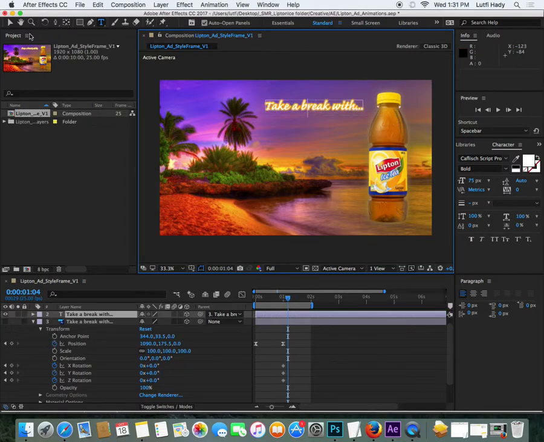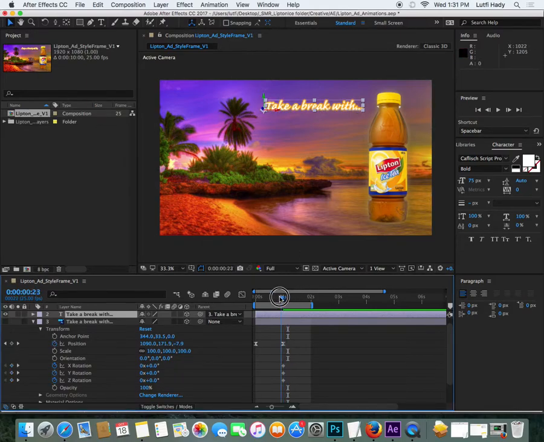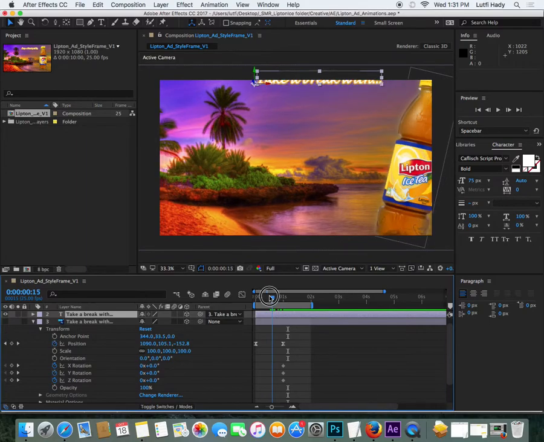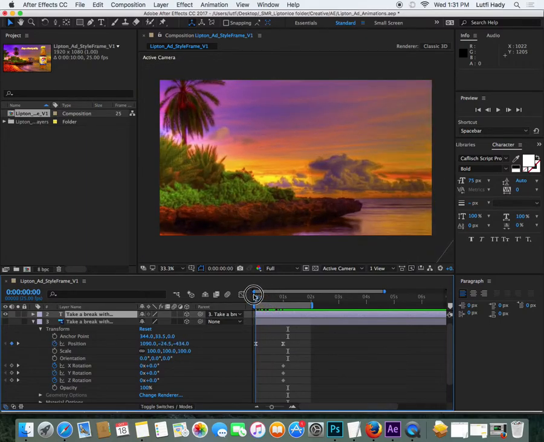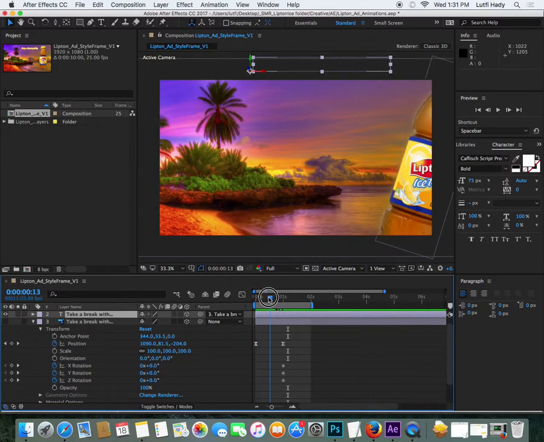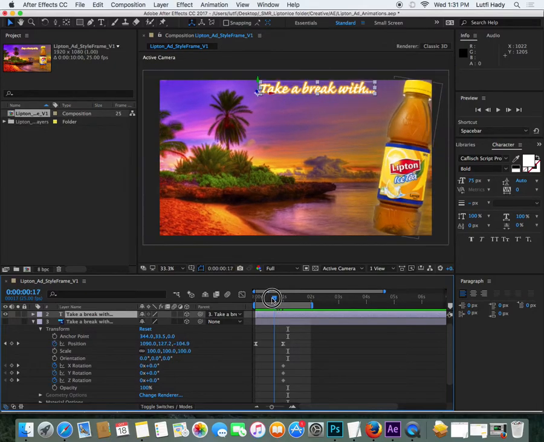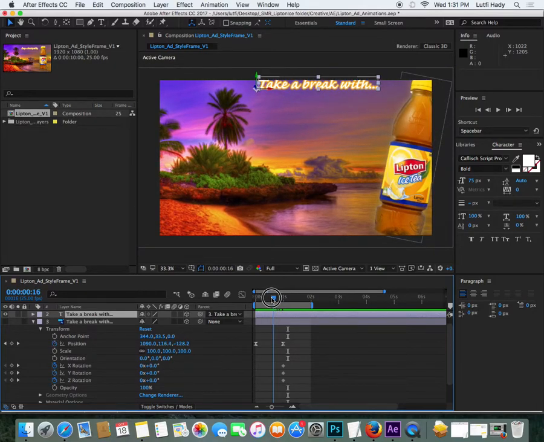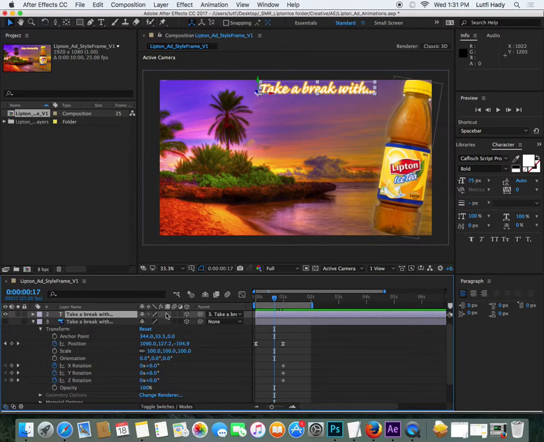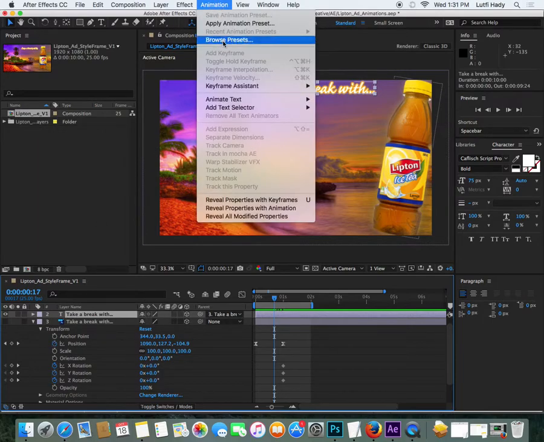But more importantly, at this stage, I can actually do this little typewriter type animation. Now, I'm going to be wasting my time if it starts out here because you're not even seeing it. I'm going to wait till the text would be in shot, and then I'm going to start my text animation there. Okay, so to do this, select the text, go to Animation, go to Browse Presets,